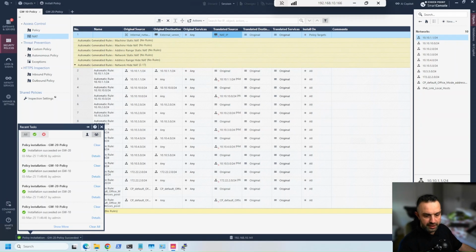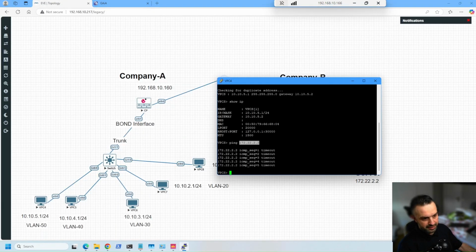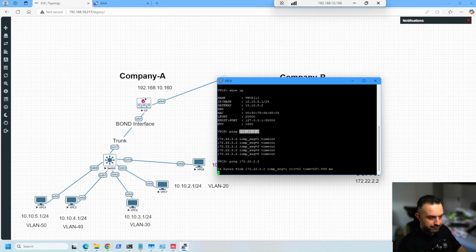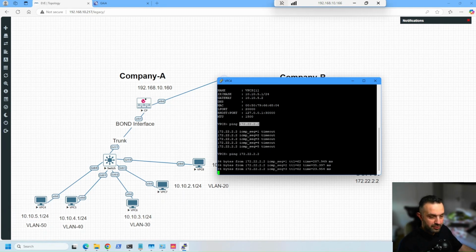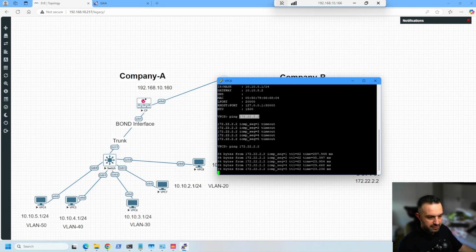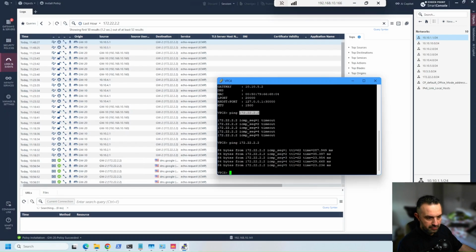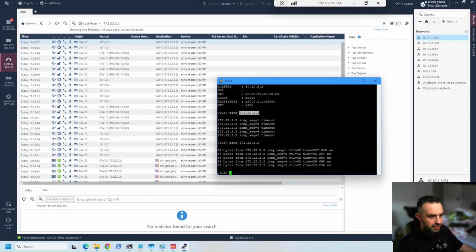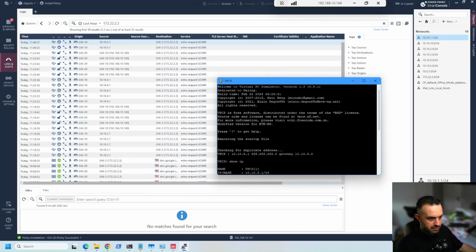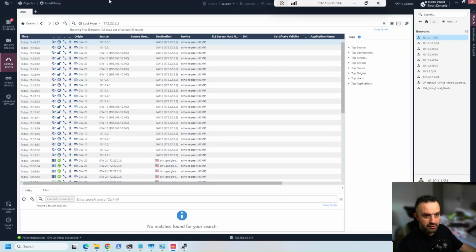So now we can go back and do a test again. Ping the same, and now we can see that we have a ping. So let's go back there and check our logs again. The IP of this one was this IP here. So let's check logs here,